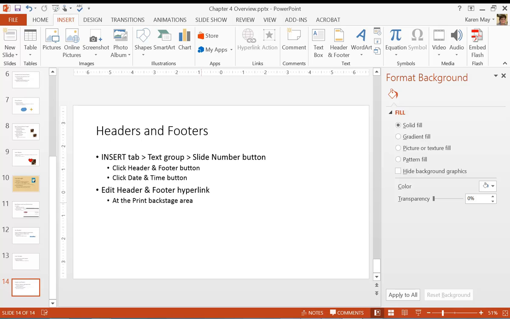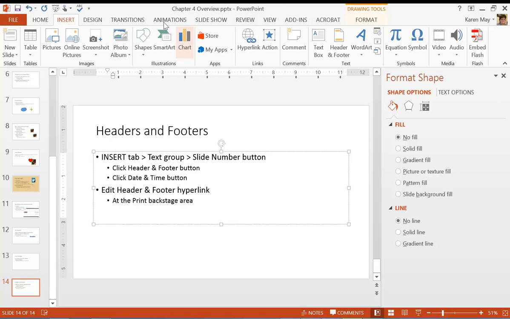And finally, you can also add headers and footers to your presentation. Many companies do have a master slide that you'll learn about later that they include a header and footer so it is consistent across the company's presentations. So in the Insert tab, Text group, Slide Number button, click Header and Footer,